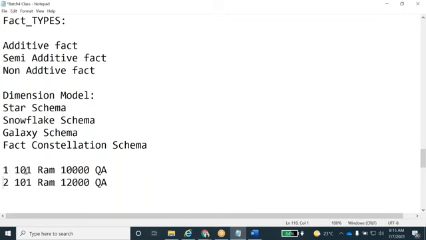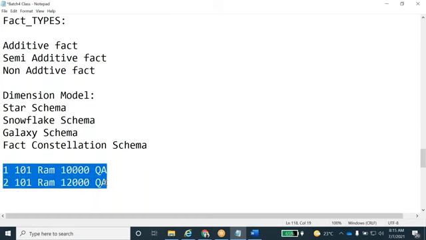They're loading all the data, whether it is ER model data or OLTP data, into the OLAP system, the data warehouse. So here we are maintaining the history like this, but this concept is not available in the ER model.